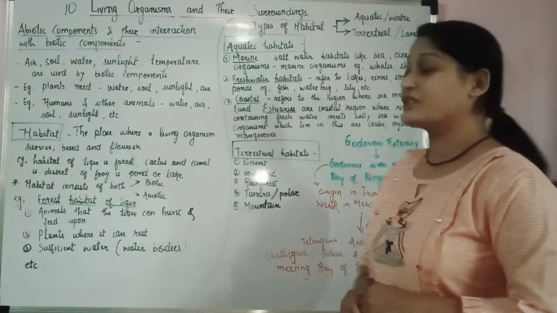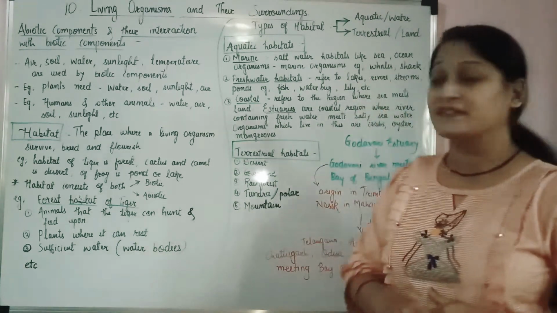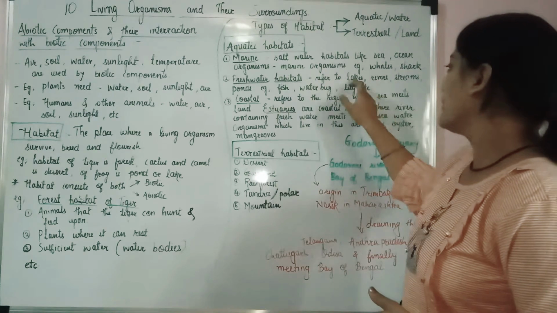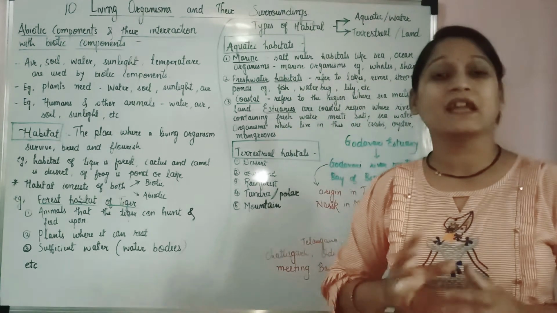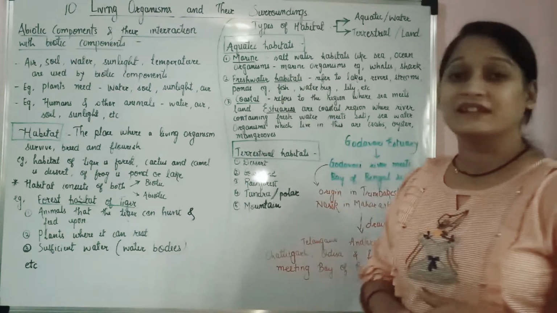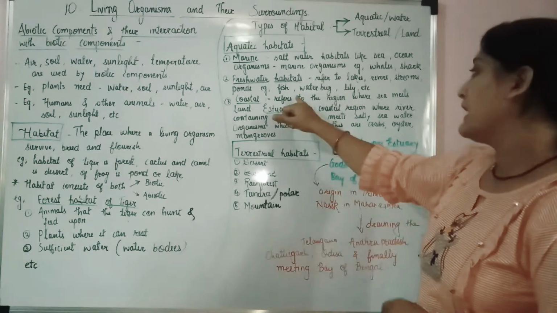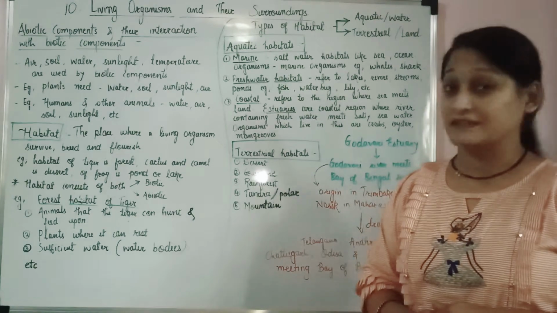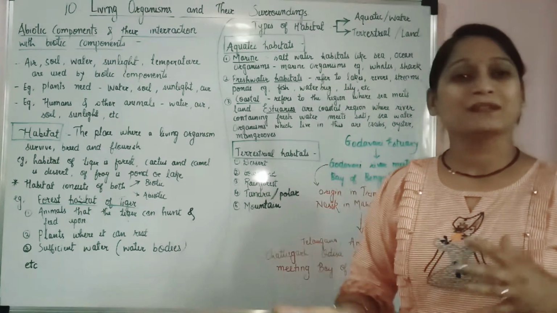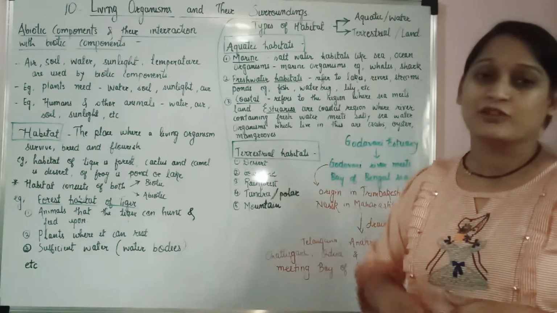Let's see another one, freshwater habitats. Freshwater habitat refers to the lakes or the ponds or the streams which are present near the locality or near the forest area, right? So all the resources, rivers, streams, ponds, lakes, have fresh water. There is no salt in the water resources, so we can refer to it as fresh water. It is drinking water, which an organism can drink. The examples of the organisms which are staying in freshwater habitat are fish, water bugs, lily, etc. Along with the animals, the plants are also staying in such kinds of habitats.